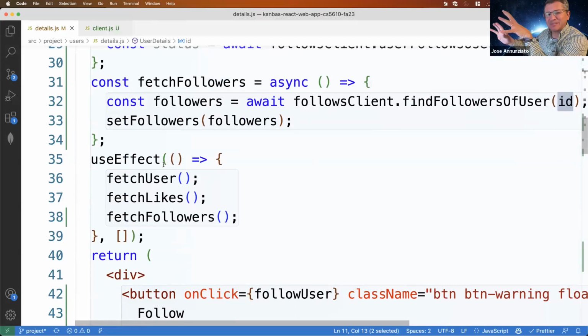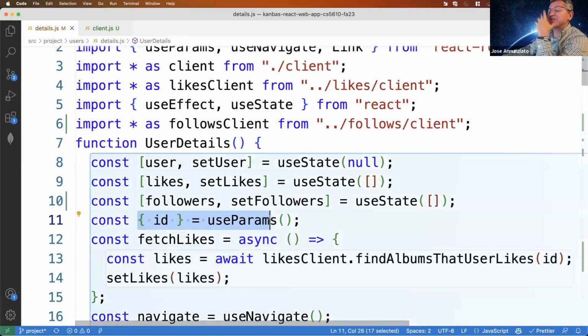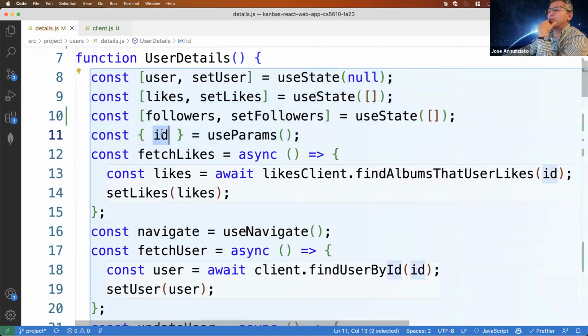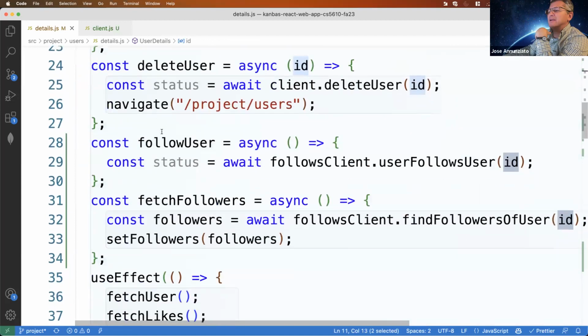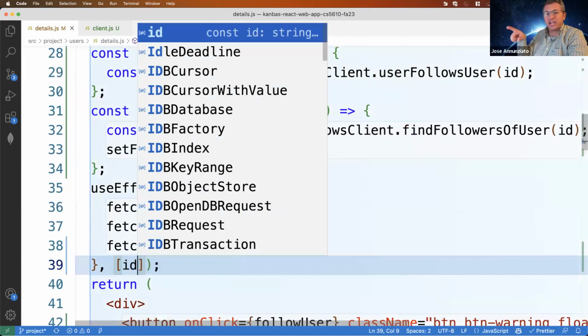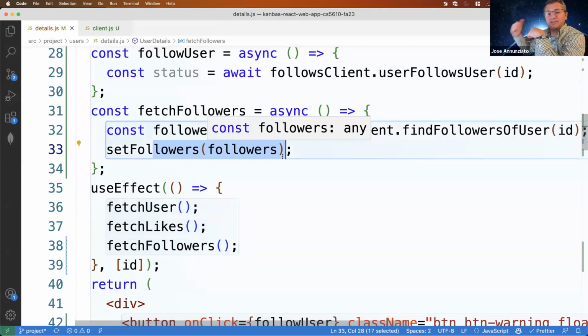So once it renders a component, unless there's a state that changes, it won't re-render the screen. Notice that what's changing is this parameter, which is not a state variable. If the state variable is changing, then yes, it would re-render. So one way to fix this is that we can declare that ID as a dependency here. You can say, if that ID changes, I want you to refetch, do all this work again, because that's going to set the environment variables and it's going to cause a re-render.